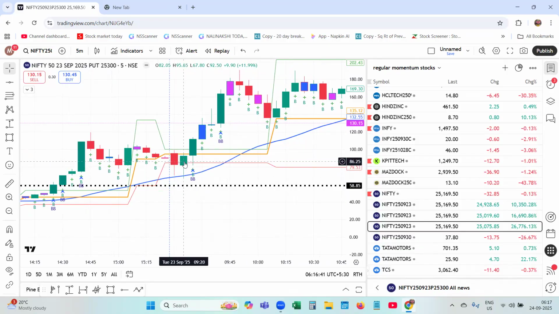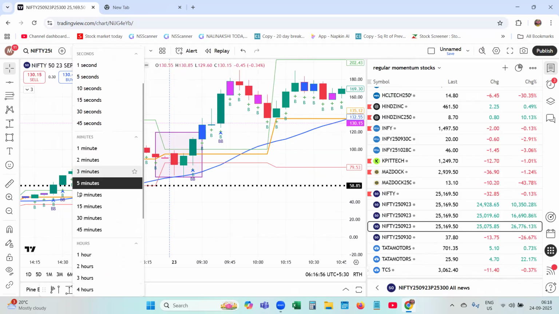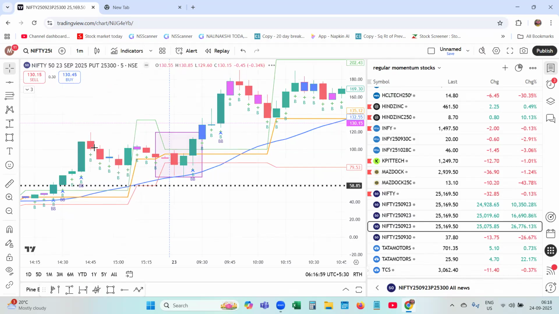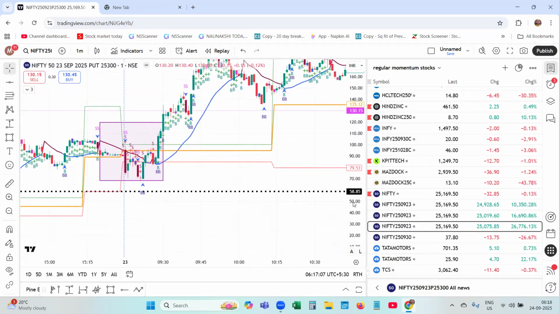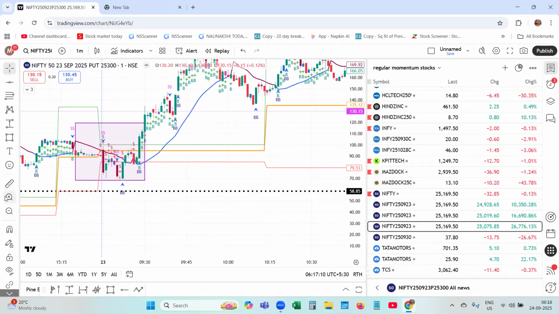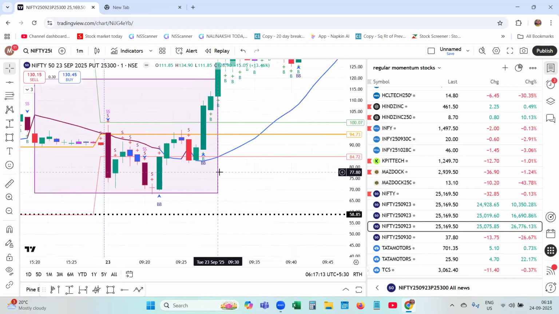Not here, here, if you would have entered in this candle, for the entry, I am highlighting this. You can stay on the 1 minute time frame or 3 minute time frame. Let us go back to the 1 minute time frame. Even for the scalpers, it is a beautiful signal which gives you entry. See, I'm zooming it out. It is giving you entry, Gann HiLo turning, and the price is testing the pivot, coming back, retesting,